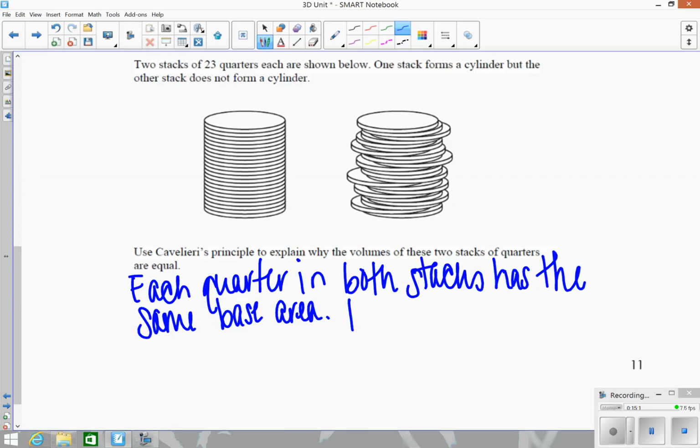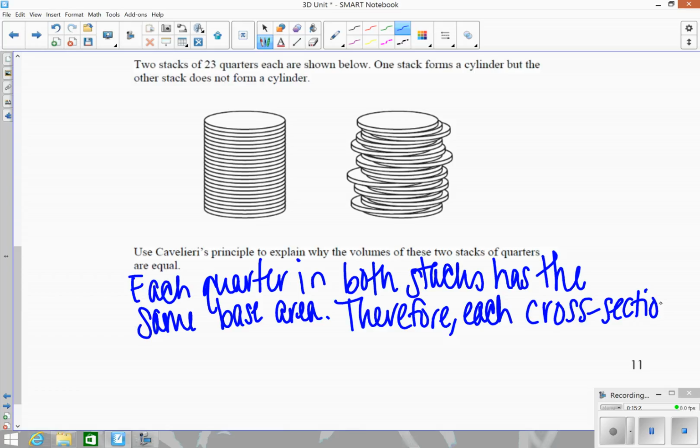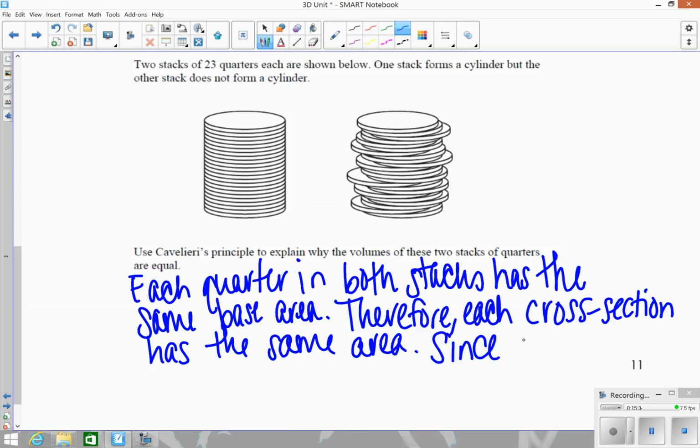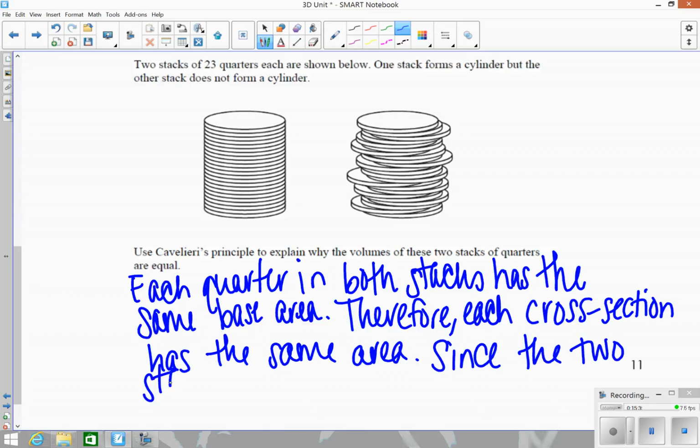So therefore, each cross section has the same area. And then since the two stacks have the same height,